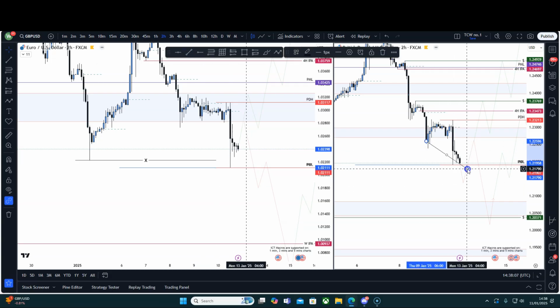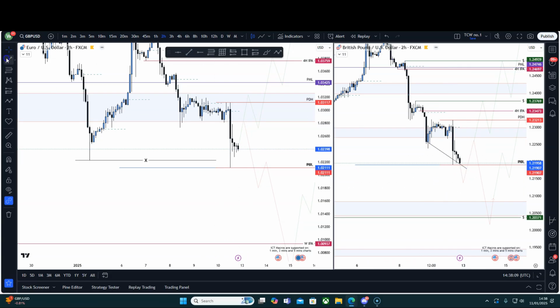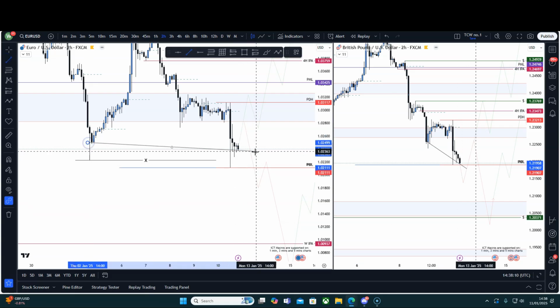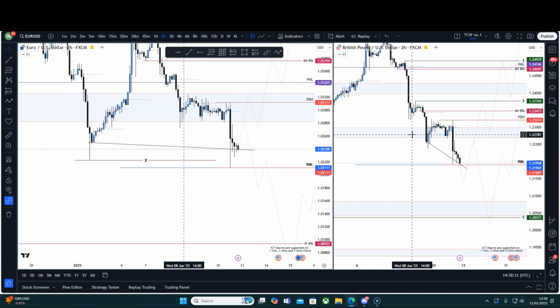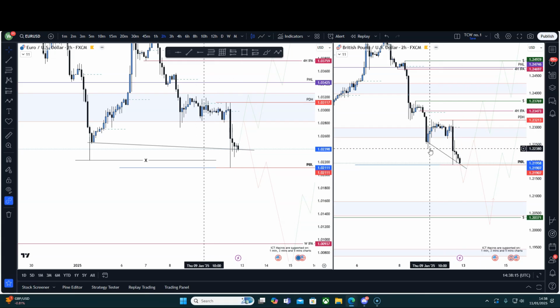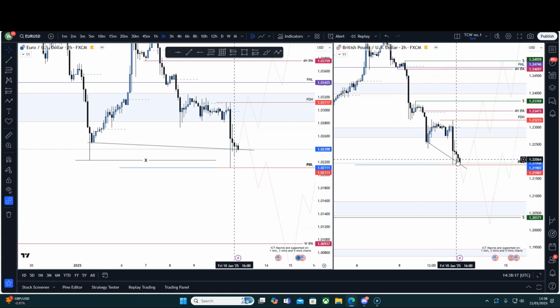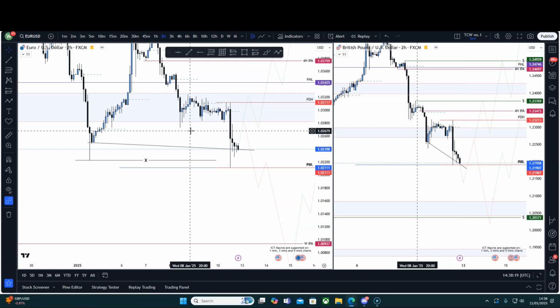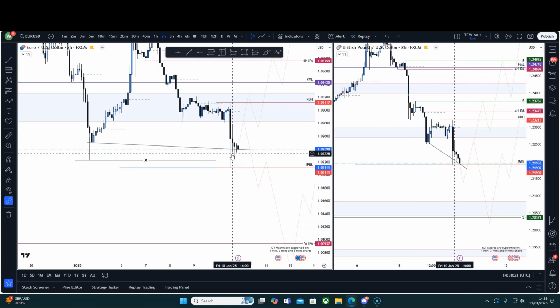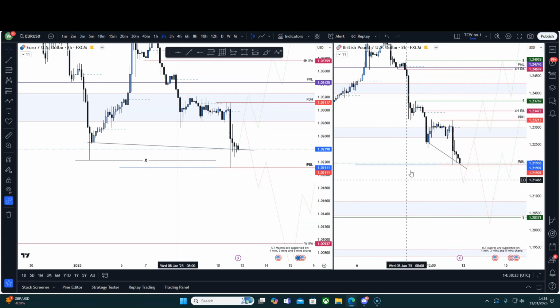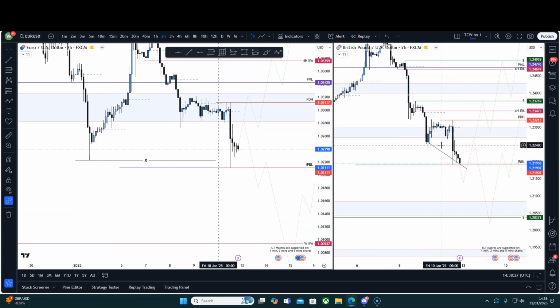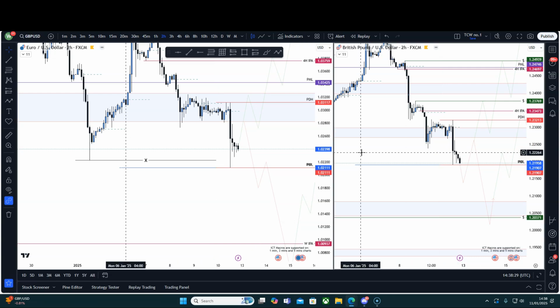Take this body to this body, here to this body here. You can see that Pound USD is, we're seeing that divergence. It's continuing to sell, where buyers are starting to step into Euro USD. We know that these pairs are correlated, they move together. So that is another reason that I believe that we are close to the bottom.